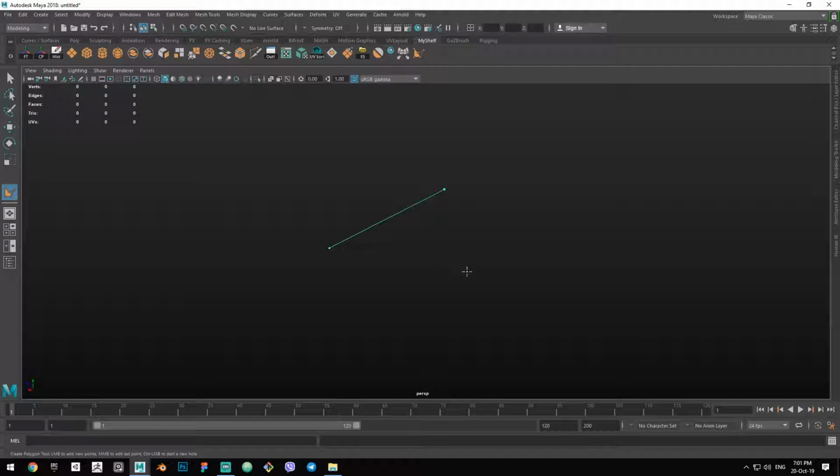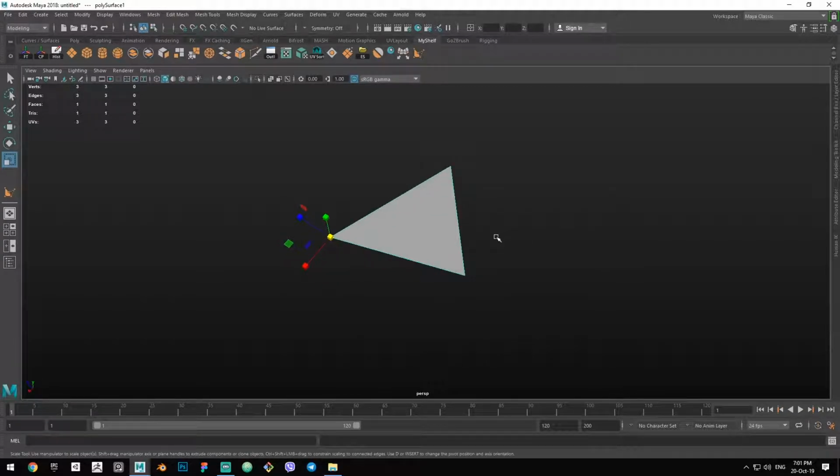If we would add a third vertex, we would get two more edges, and we finally get something that we call a polygon. A polygon is the main building block of every 3D model. This type of polygon is called a triangle. As you can see, this word here, tris, that's actually short for triangles. And you will see a lot of game engines and 3D modeling software referring to these polygons as tris, because